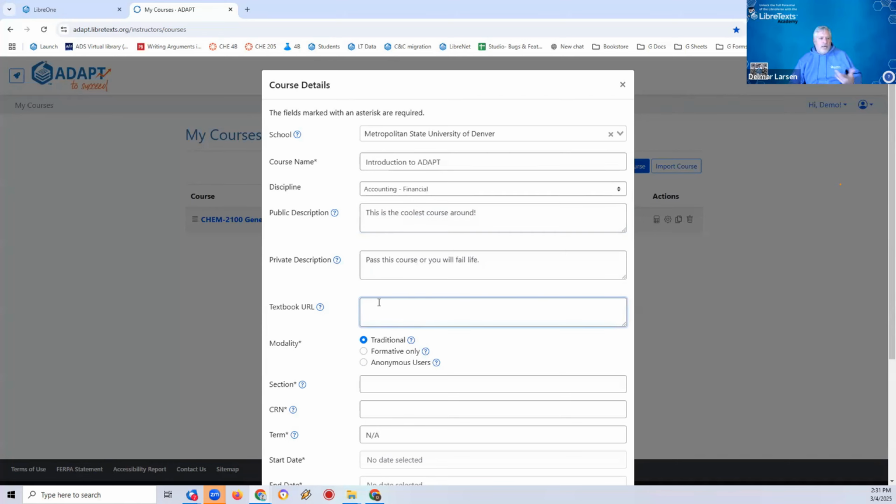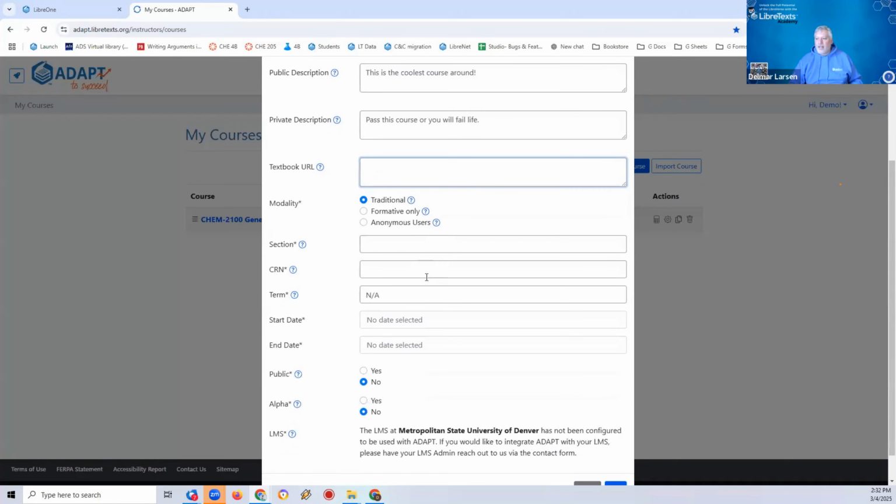If you want and you have a textbook that is open source or OER, like a LibreText book, or as Wayne put into the link, ourexams.org, you can paste that there. That's just coming along for a ride. It has no functional aspect in terms of how we use ADAPT, but it's just convenient in order to be able to say this book is connected to this textbook in the way we use it.